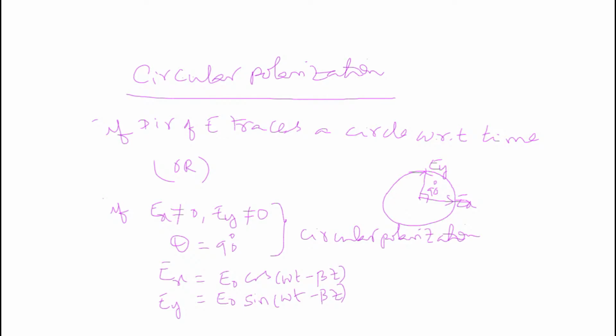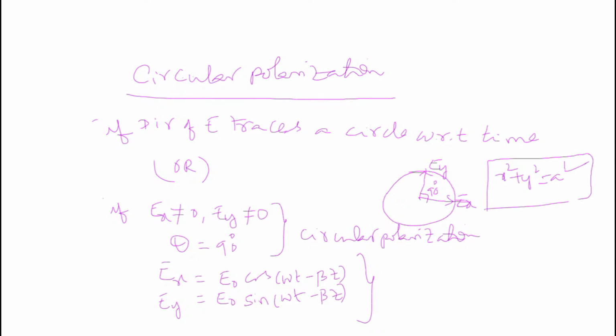We have the circle equation, that is x square plus y square equal to a square, where a is a constant. That indicates what? A circle with its center at the origin. Here also, if you take